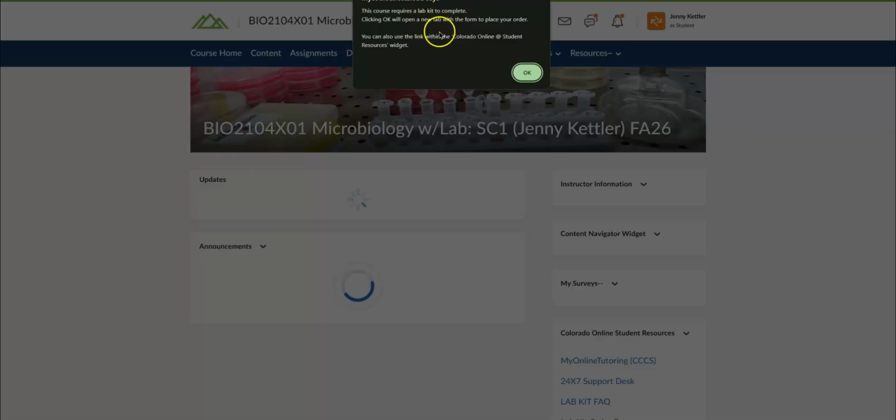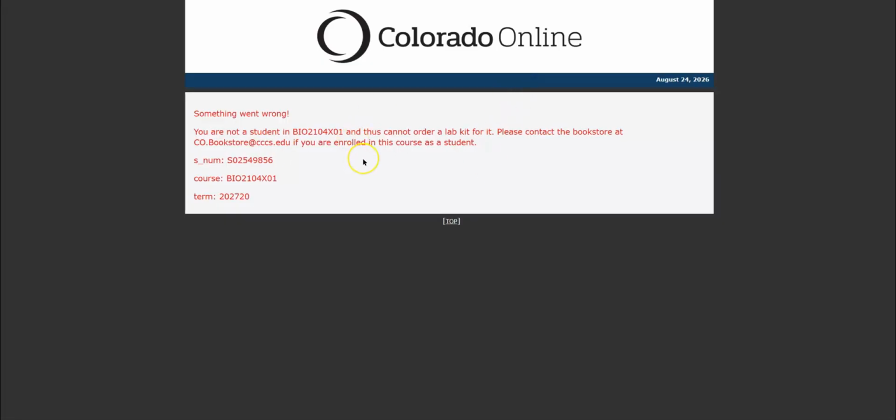This will open so that you can place your order for your lab kit. It's not going to work for me because I'm not considered a student, but what should happen is you should get an order form to put in your address so that way you can